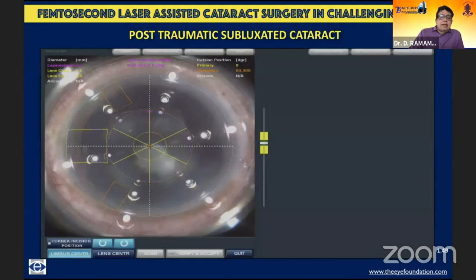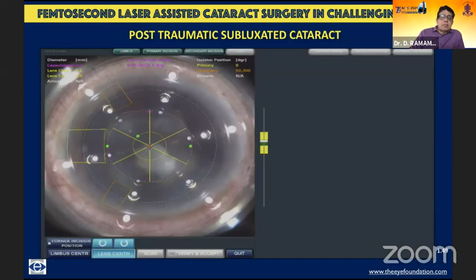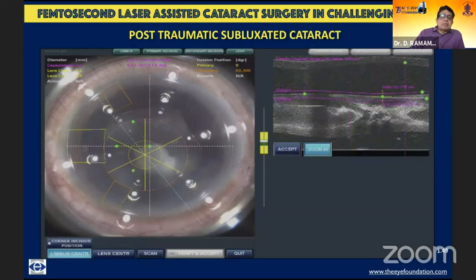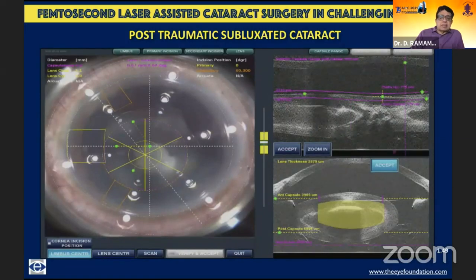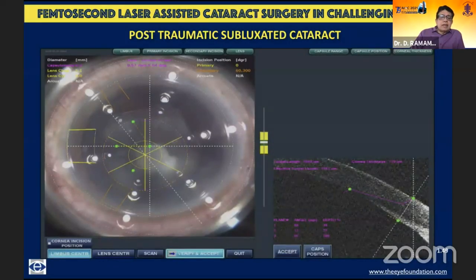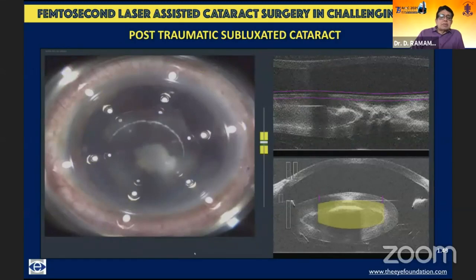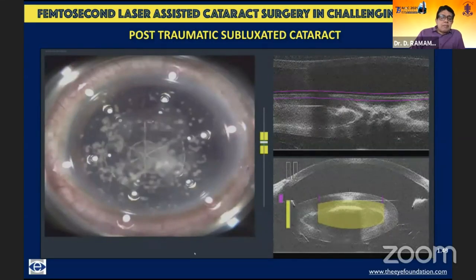As might have been said earlier, the greatest advantage of the femtosecond platform in this situation is to decenter the rexis and get a precise 5 millimeter rexis, not centered on the pupillary area, but centered on the capsular bag. Once you are able to adequately fix this bag onto the sclera, the centration of this bag is going to be quite different from the situation at which it presented to me. It's a fairly soft cataract, and the other steps of the cataract surgery, whatever you're doing with the laser, is just an add-on. The primary use in this case is to precisely create a rexis where exactly you need it.